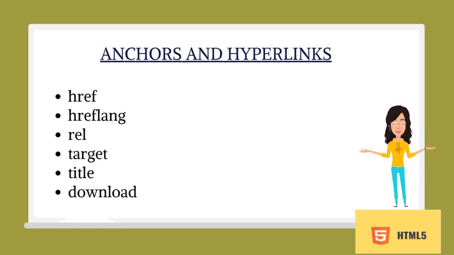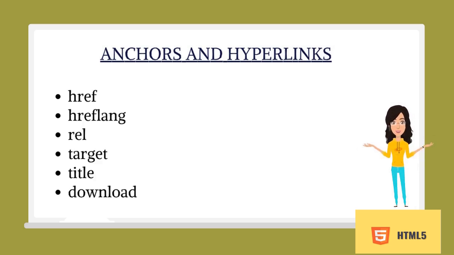So the next topic is anchors and hyperlinks. The first is href. It specifies a destination URL. It can be an absolute or relative URL or the name of an anchor. An absolute URL is a complete URL of a website, whatever website you have, you can connect it. And hreflang is used to specify the language of the resource linked by the href attribute, which must be present with this one. Use language values from HTML5 and HTML4.